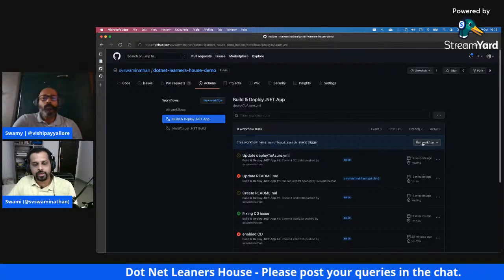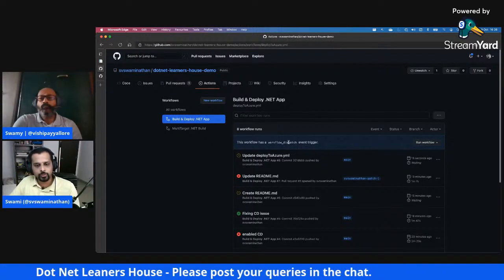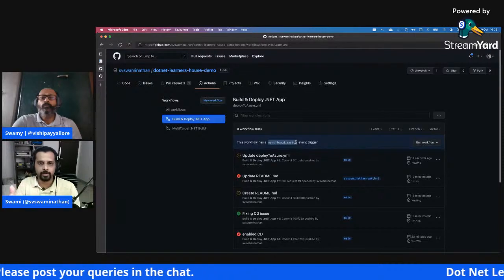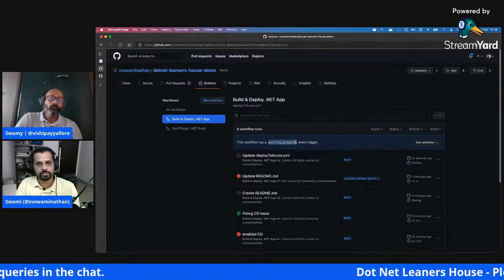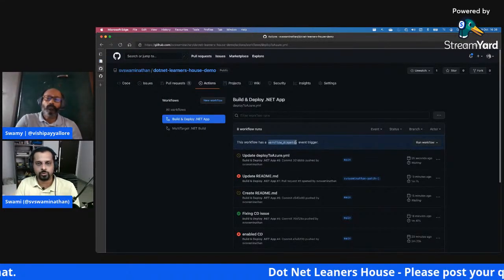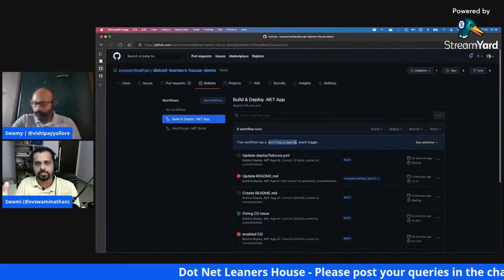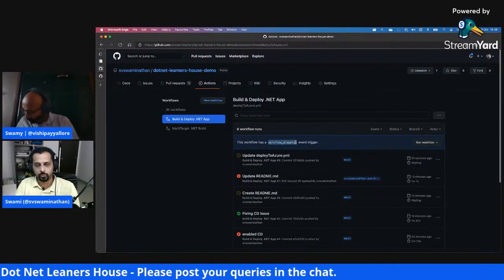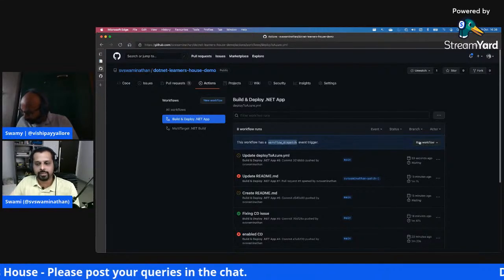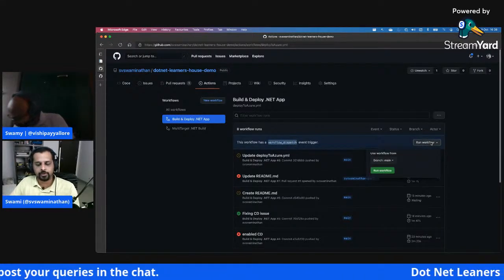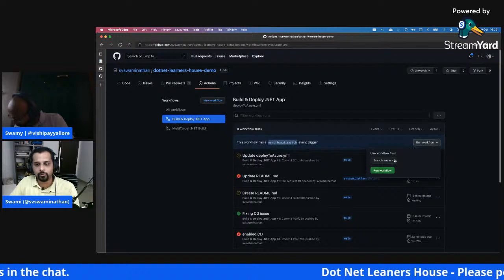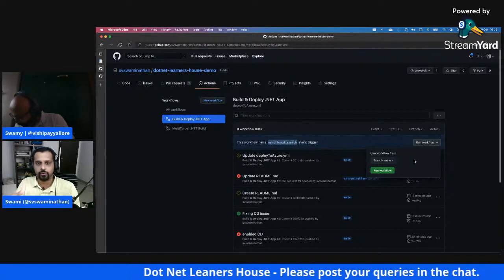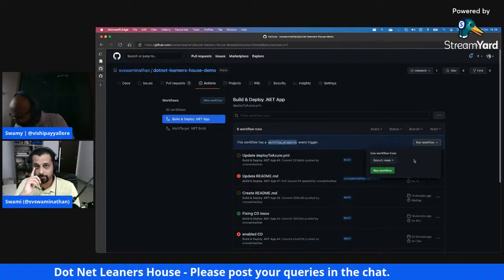Let's say if you want to do any kind of rollbacks, and when you enable workflow dispatch, you can also pass different inputs to this. For example, if you are doing a deployment based on your image version, in the case of Dockerized world, let's say 1.0.2 is what you've pushed now, and then you found there is an issue in 1.0.2, so you want to roll back to 1.0.1. In such case, you can provide the version number, or the tag number, as your input to this particular workflow dispatch, and then you can run that workflow so that it will go ahead and do the deployment, right?